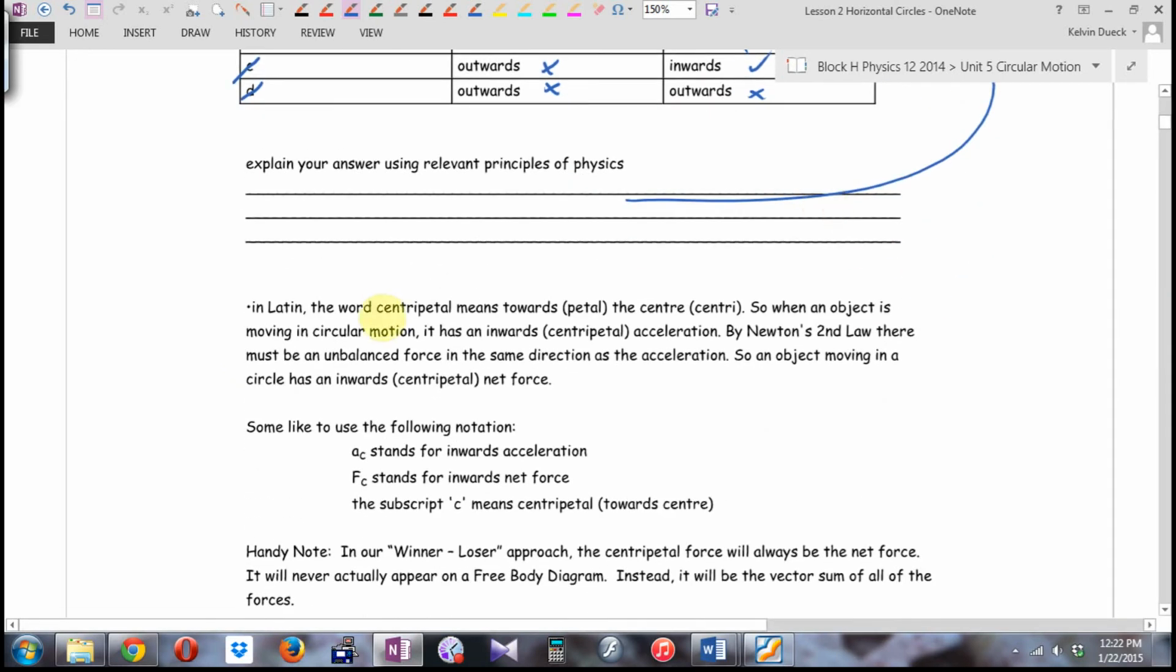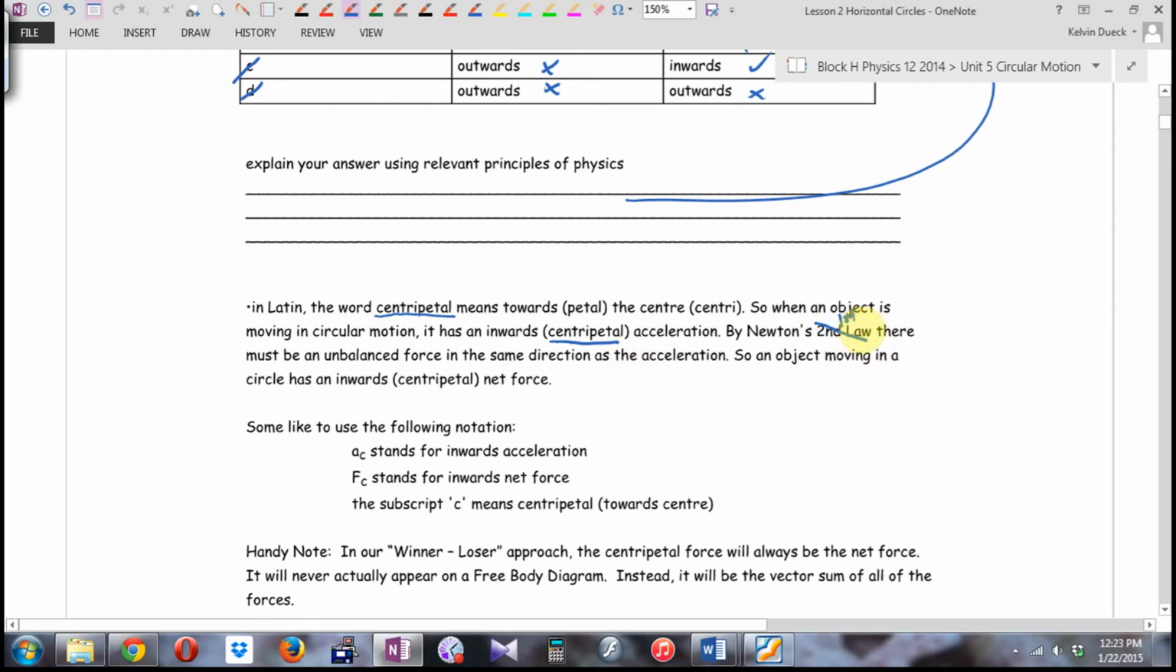In Latin, the word centripetal means towards the center or center seeking. So when an object is moving in circular motion, it has inwards centripetal acceleration. So I'm going to use a subscripted c, and you can pretend that the c stands for circular. Really, it stands for centripetal, but circular is an easy way to remember that you're moving in a circle. By Newton's first law, if you have an acceleration, there must be an